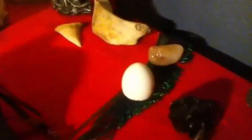So yeah. Alright, so this is the fire and the air part of it. This is an actual prayer box, but the colors on it remind me of fire. It's really pretty and I just absolutely love it. I have an actual bone for fire. Wow, I totally drew a blank. And then I have a tooth as well, which has pretty much been my fire representation forever. And then for my air representation, I have a feather, and I have an actual bird's